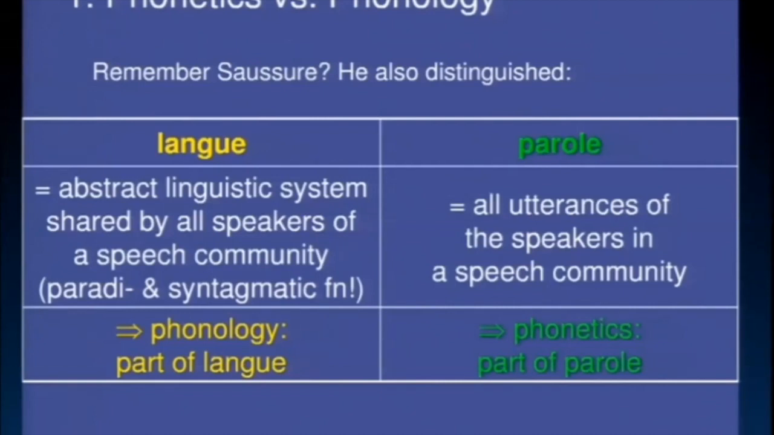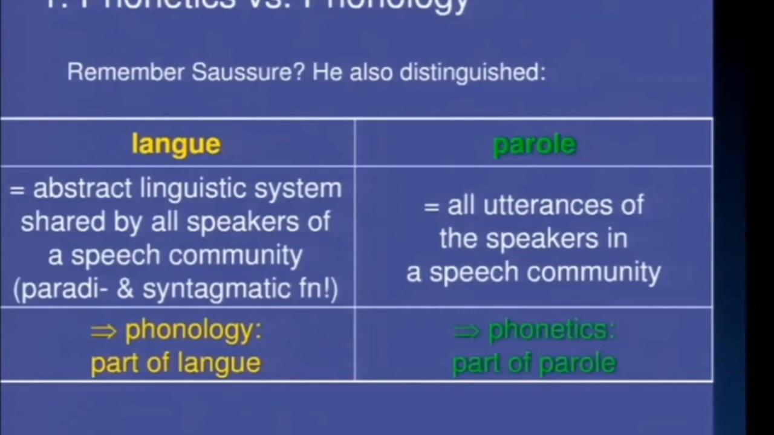And again, just showing you how this ties in with what we had last week and a bit of revision, Saussure distinguished langue as the abstract linguistic system shared by all speakers of a speech community. And the units we found and their relationships, paradigmatic, syntagmatic functions. That is what phonology is all about. Phonology is part of langue, of that system, and the methods that we saw there apply. Parole, on the other hand, are all utterances of the speakers in a speech community. And phonetics is part of parole. It's what people actually do. You can use a tape recorder, you can do X-rays, fMRIs,